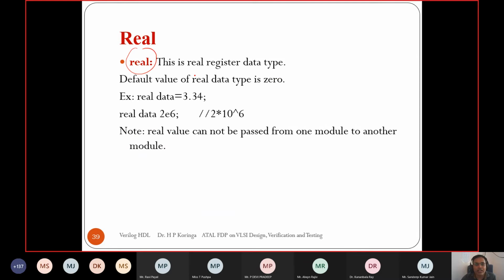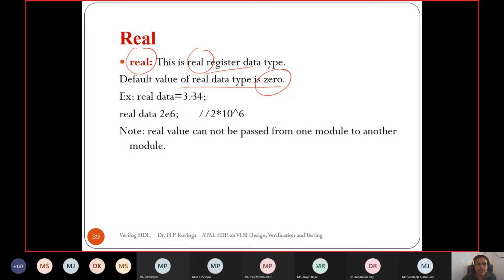Real is a reg data type, and the default value of real is 0. Like the default value of a wire is high impedance and the default value of reg is unknown, the same way the default value of the real data type is 0.